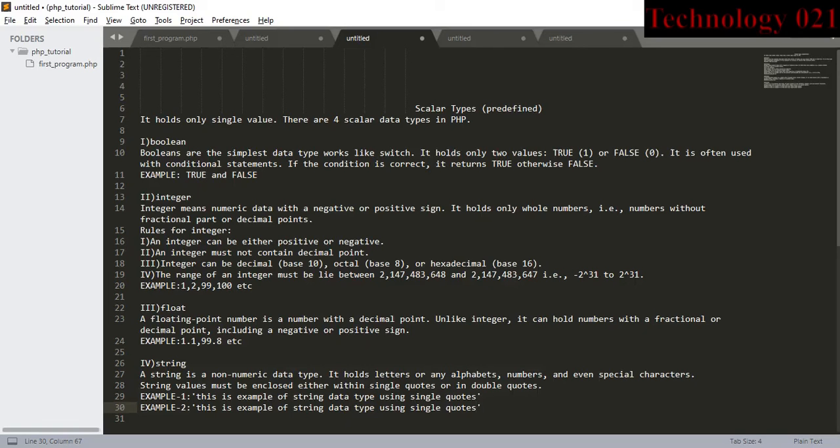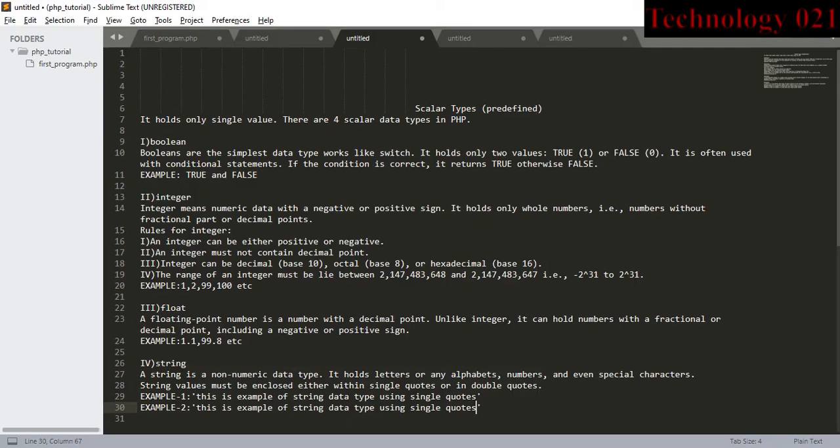And the fourth rule for integer is the range of an integer must lie between -2,147,483,648 and 2,147,483,647, that is minus 2 to the power 31 to 2 to the power 31.